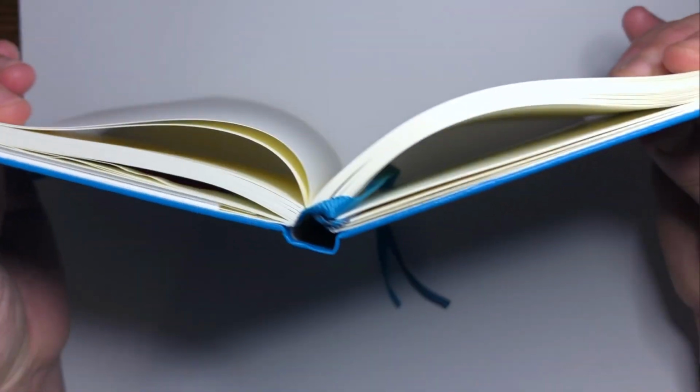After price, construction is the next biggest difference between the two journals. The hardcover journal has a stitched book binding and the pages lay flat and sit inside the cover edges. They've really messed up on the gluing of the 8 signatures together. Not only do the signatures not sit flat at the joins, where to get it flat you have to pull